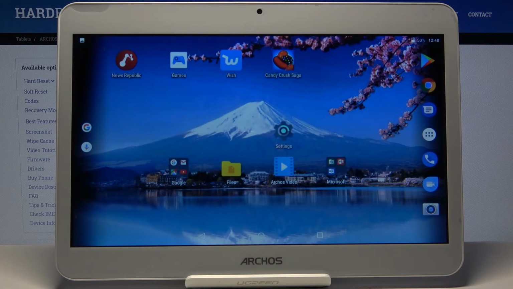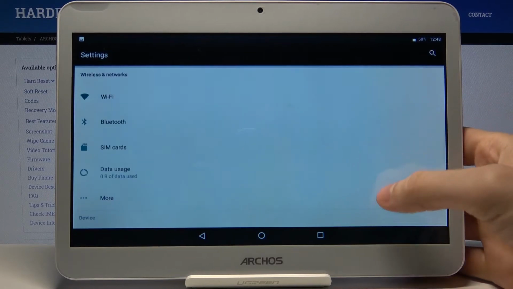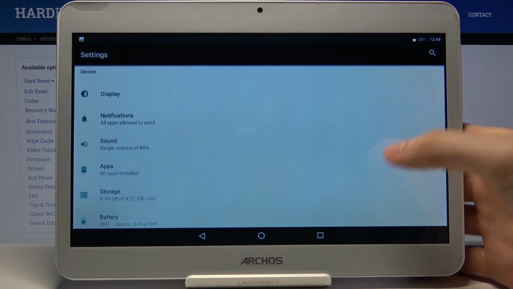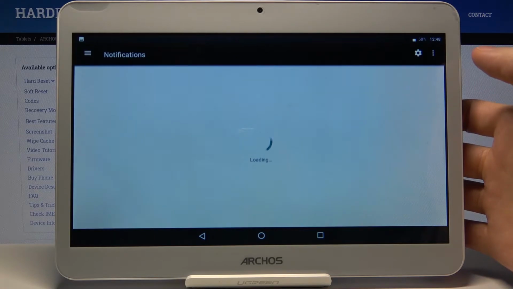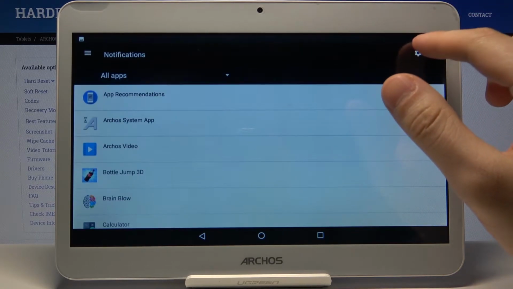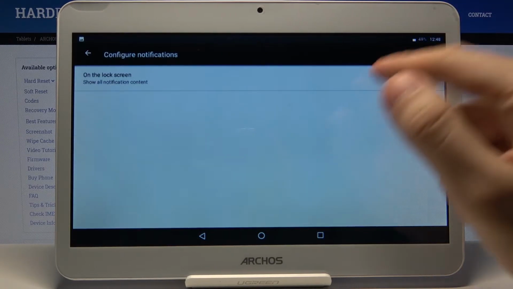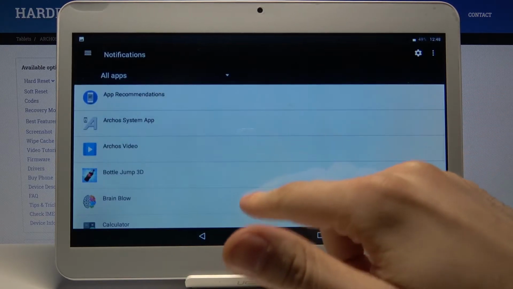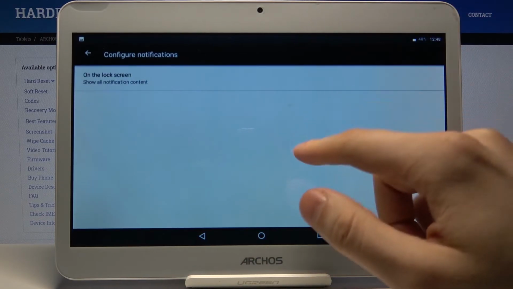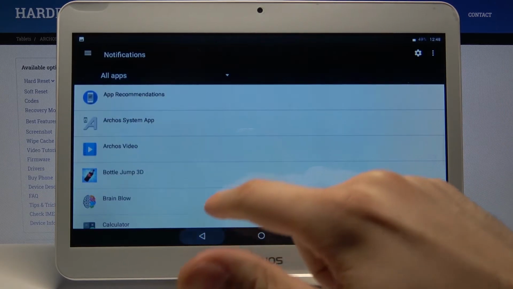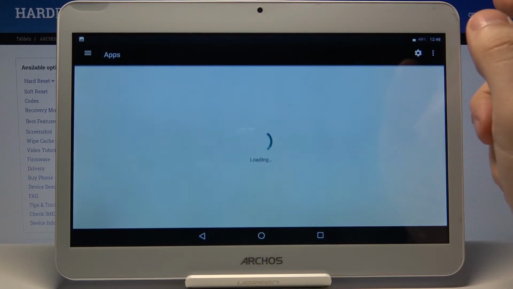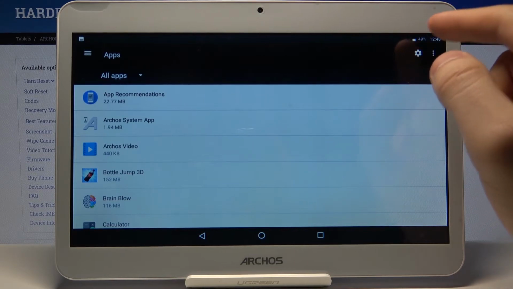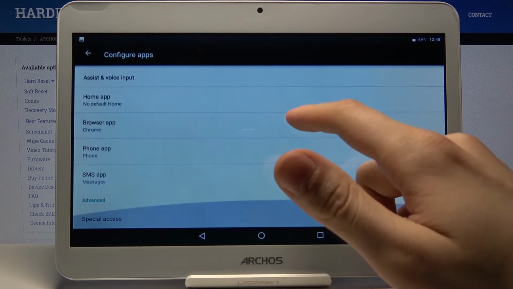Here I have ARCHOS Access 101, and today I'm going to show you how to set a default web browser on this device. So first of all, you have to open settings, then you have to go to the notifications section, tap on the gear here to configure notifications. Not notifications, you have to go to the app section and tap on the gear here to configure apps, and